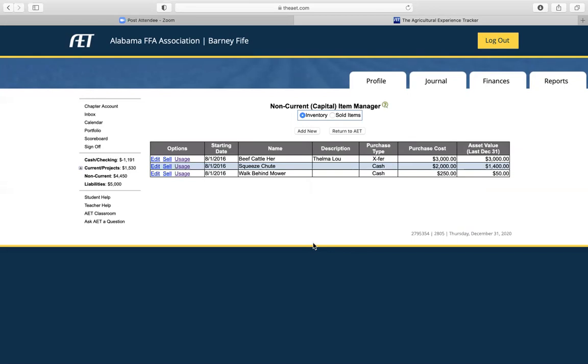You could have put 75-25. You could have put 67-33. It doesn't matter. But now it's going to show up. If you don't click usage, it's not going to show up in your inventory. And there's another way you can get to that, and we'll show you that real quick before we wind this one up. Go to finances